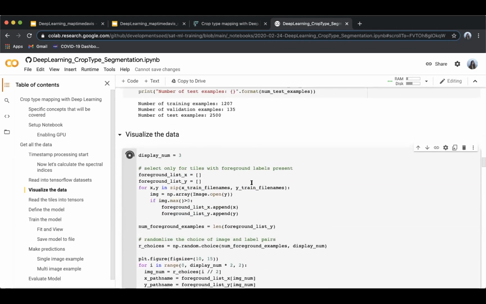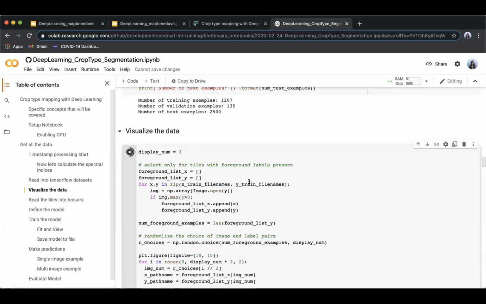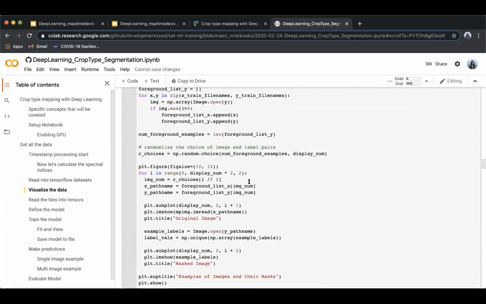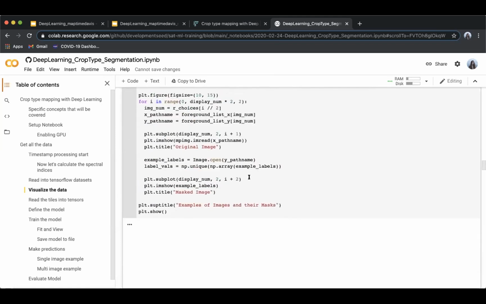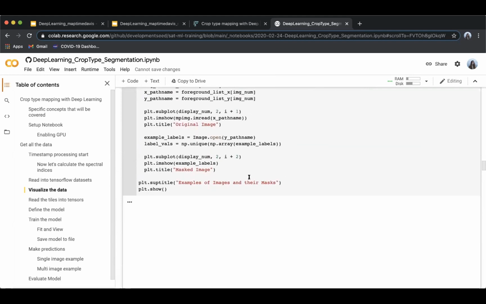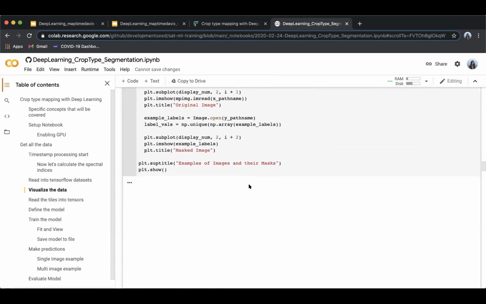Takes a little bit of time to run this part right here. Any of the visualization parts sometimes take a bit of time to run. So, don't want to jump ahead, but